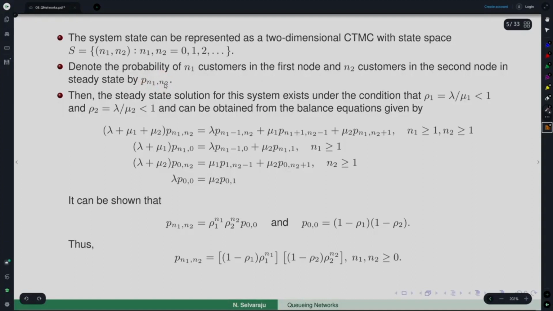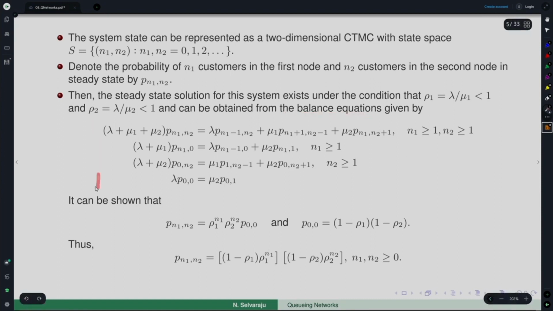So, P(n1, n2) is the probability that there are n1 customers in the first node, meaning the first queuing system, and n2 customers in the second node. The steady state solution for this exists under a condition, because the first one is M/M/1, which is stable only if rho 1 = lambda/mu1 is less than 1. The second one also needs rho 2 = lambda/mu2 less than 1, so that this CTMC is positive recurrent and has a unique limiting steady state distribution,